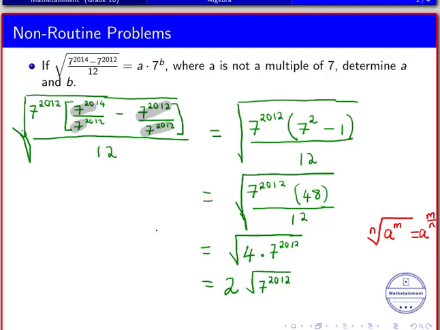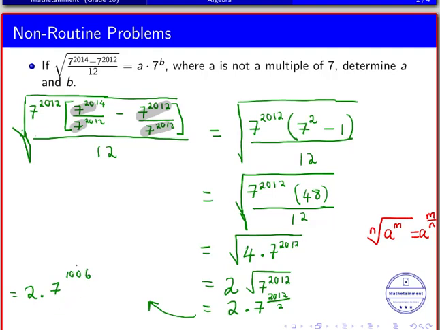Since we have a square root, n there is actually 2. That's why we can write that quantity as 2 multiplied by 7 to exponent 2012 over 2. This is the same as 2 times 7 to exponent